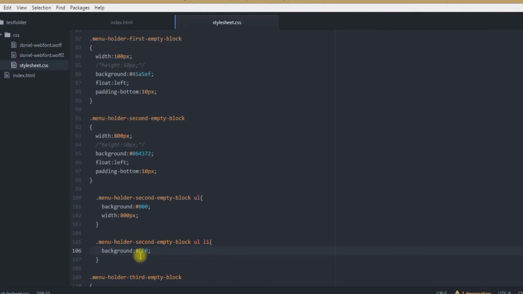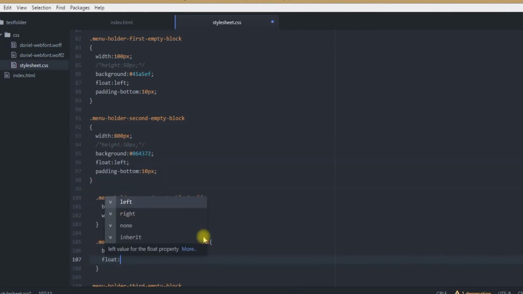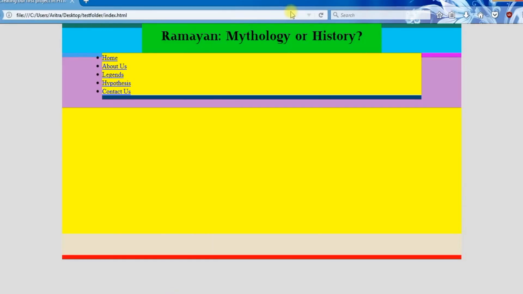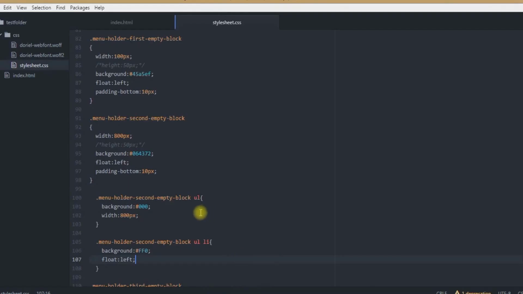Now in this list item, what we can do, we can float this list item to left. So let's provide it as float left. Just get back to your project, reload. Now you see that every single list item that we can see over here is now coming side by side. Instead of getting a vertical alignment, if you just lift it off, no need to provide this float left condition over here.